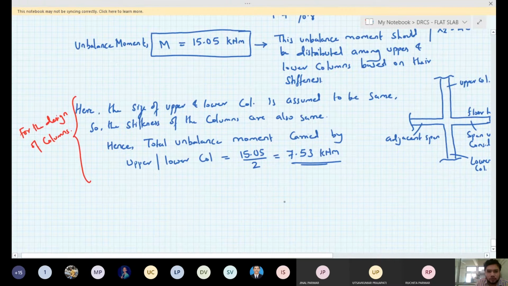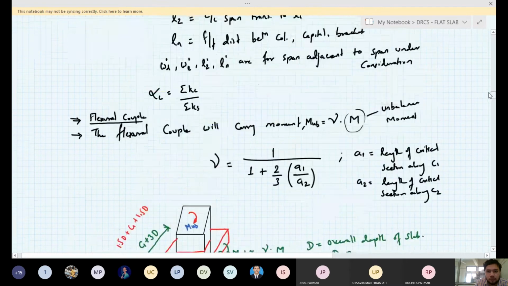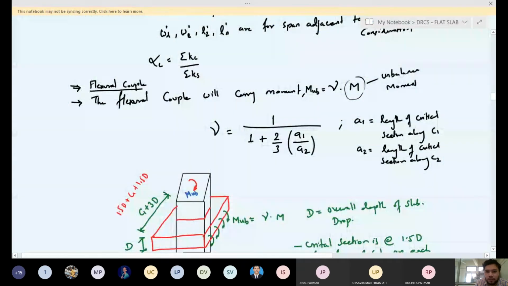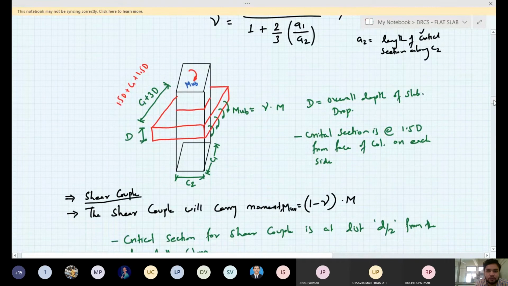Okay, so the factor gamma is equal to 1 divided by 1 plus 2 by 3 of A1 by A2, where A1 is the length